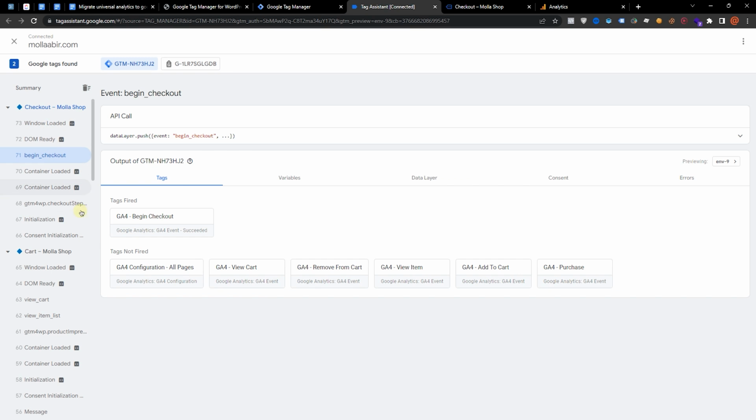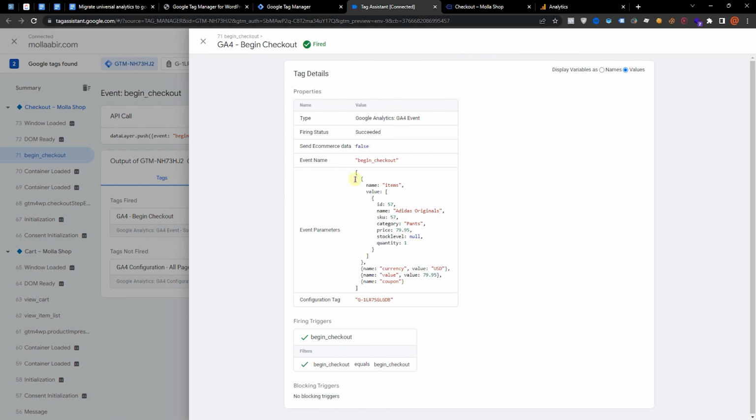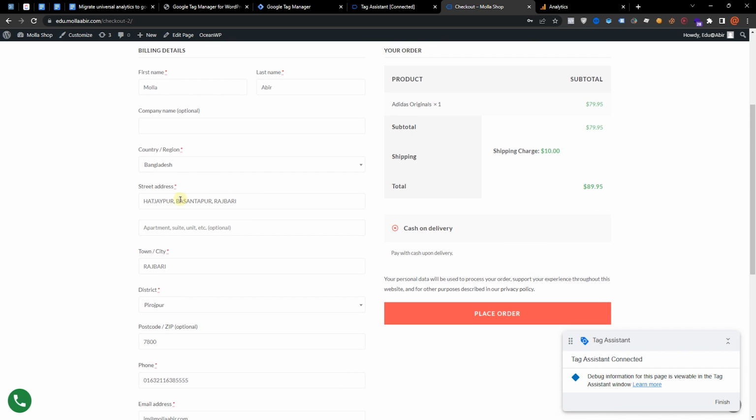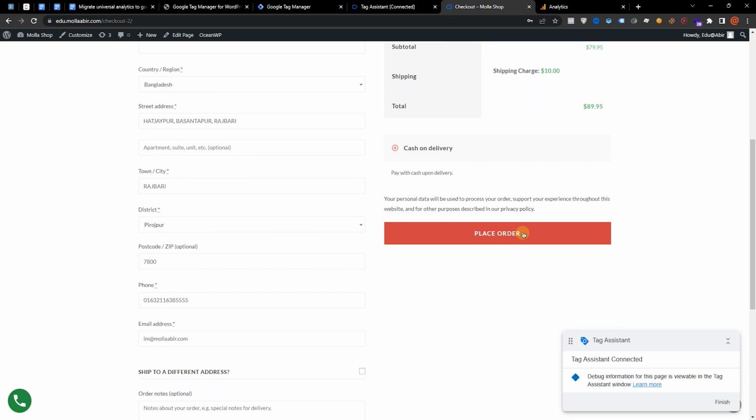If I select the begin checkout, you can see here is all our information. Here is our currency and the name. Here is no coupon, for the reason it's not showing a coupon. If I provide my information and if I place the order,